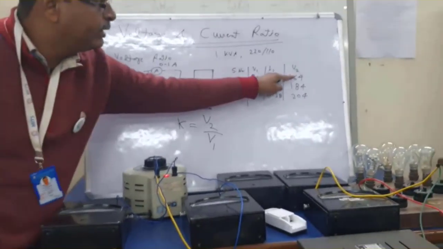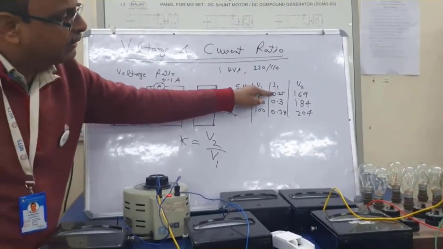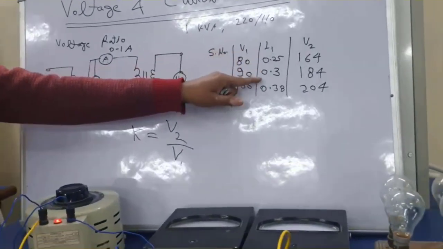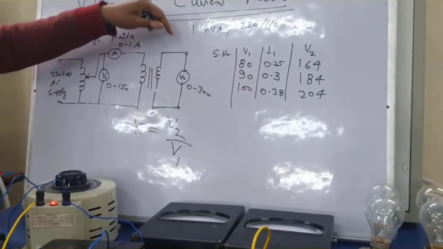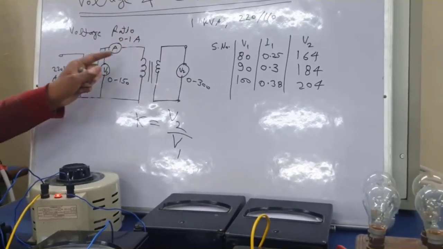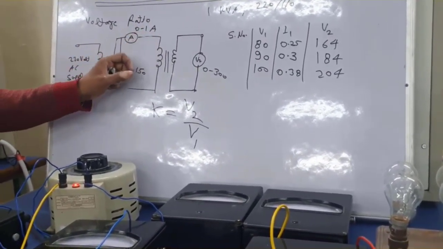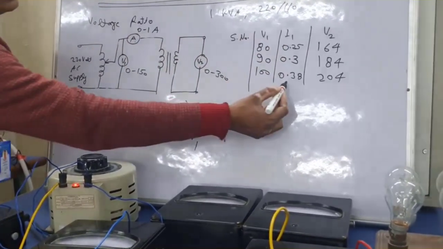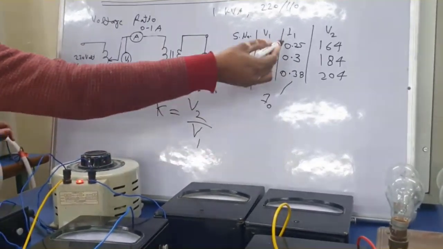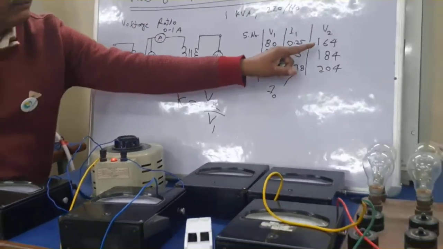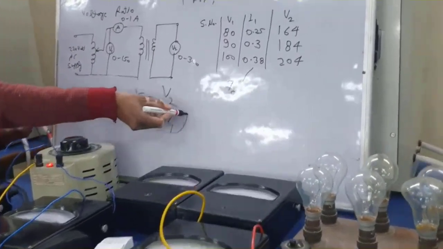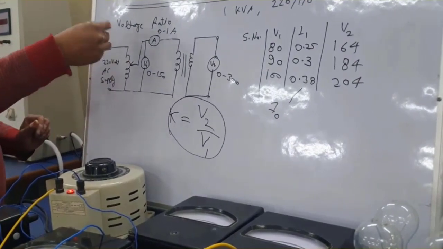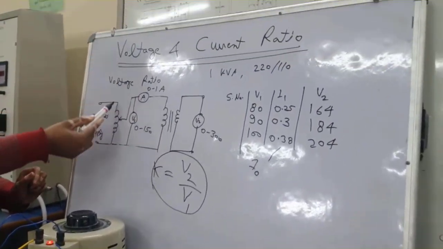So we have a value of V2 and V1. There is no importance of the I1 current here. It denotes only the no load current. By this current reading you should know that when the transformer is in no load condition, the primary has some extremely low value of current. So this I1 indicates the no load current, denoted by I0, and with the help of V2 upon V1 you may calculate the voltage ratio. So the first part is completed, how to determine the voltage ratio of this transformer.